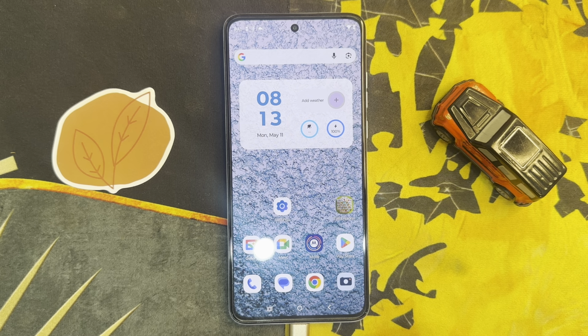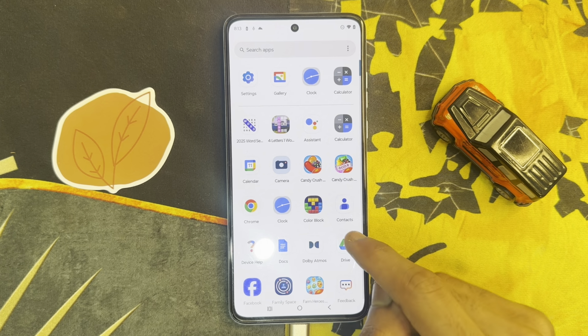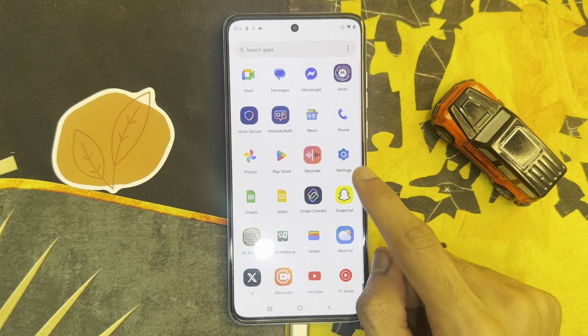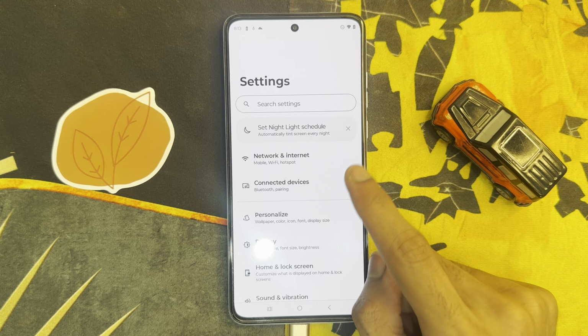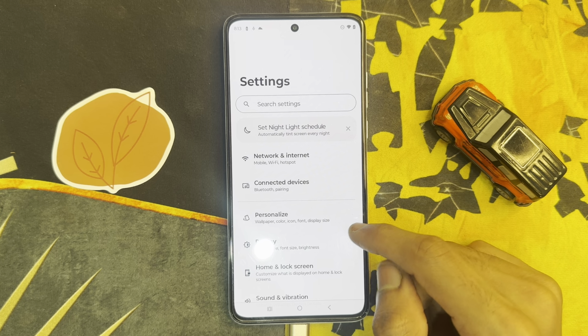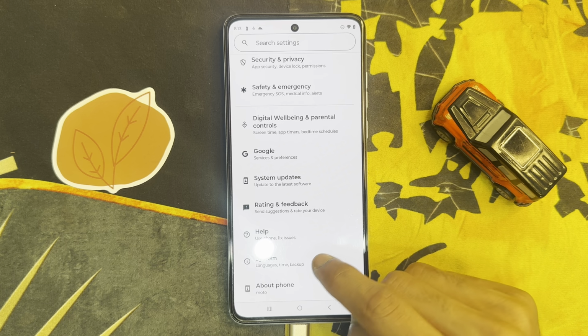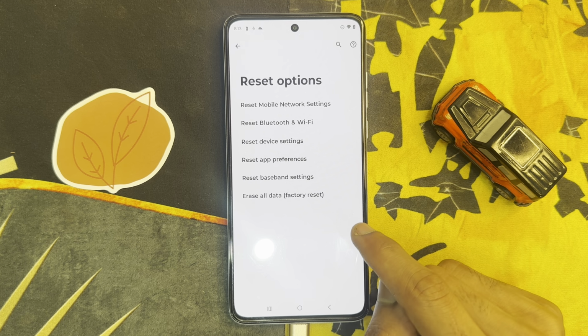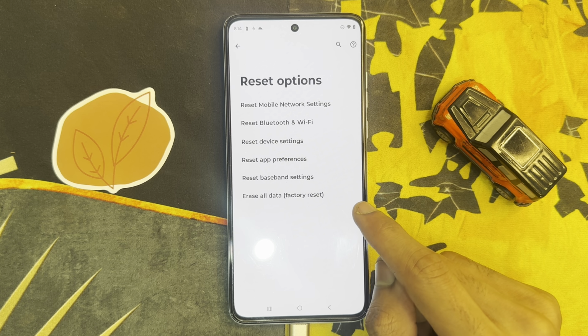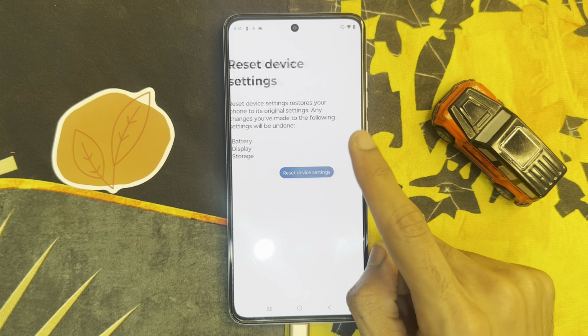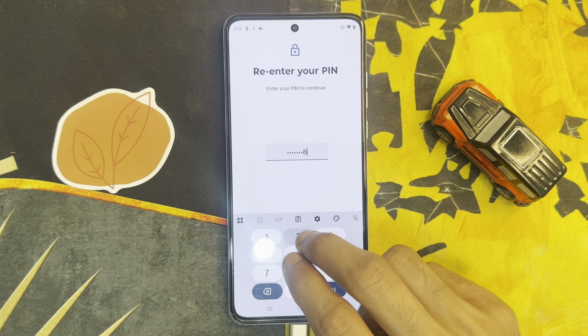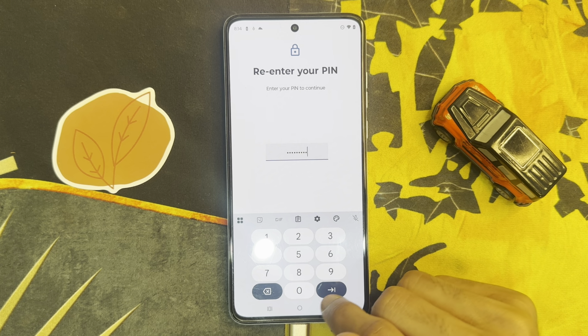But if it is not solved, go to app library, click on settings app. Now in settings, click on system and reset option. Click on reset all settings, enter phone pin, click on this icon. You will see your